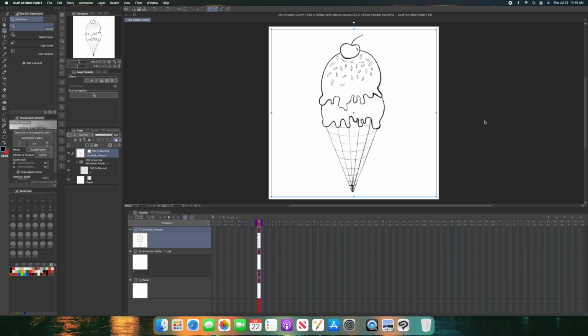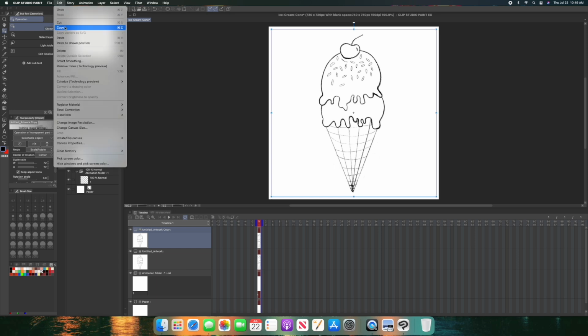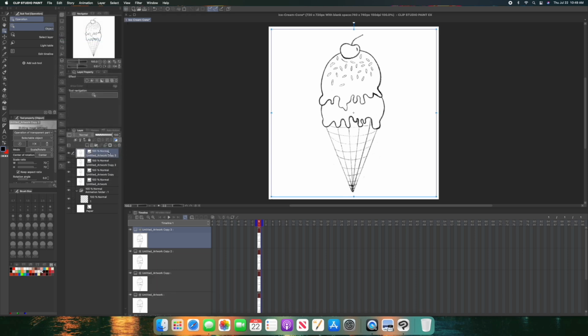So once I've resized this, what we're going to do is create 3 more copies of this. Selected, we'll go up to edit. We're going to select copy, and then we're going to select paste. You'll see that first one right on top, and then we're just going to do that 2 more times. You can utilize the shortcut Command V to paste it, and I want you to have 4 total layers with